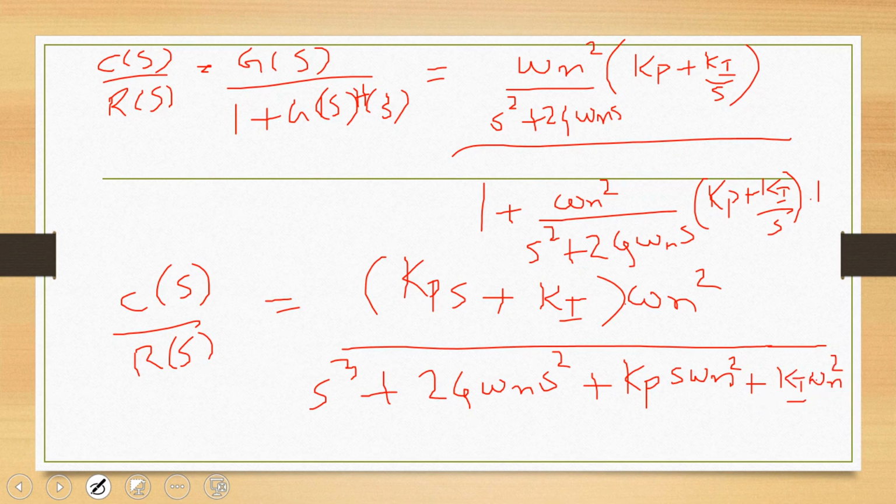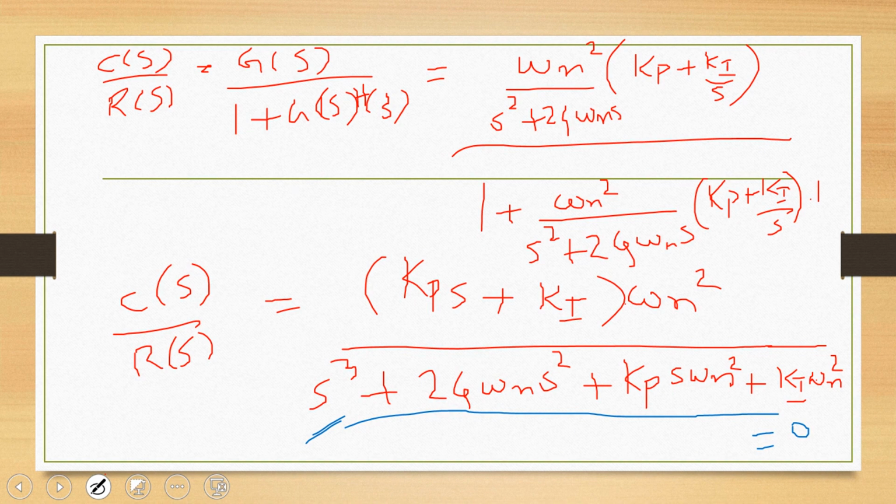Now if you look, our denominator, which is the characteristic equation, the power of S is 3. That means it is a third order equation. So thus we have our second order system being changed to a third order system when we add an integral control in the system. So proportional integral control, if we add to an existing system, we get a third order system. So therefore the effect of PI controller on the system performance is, it increases the system order by 1,